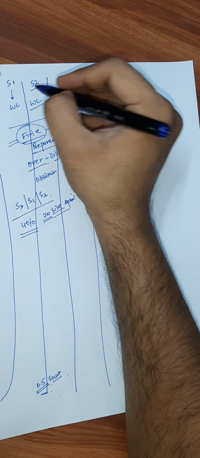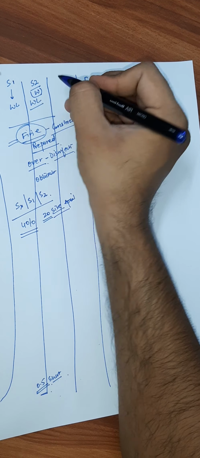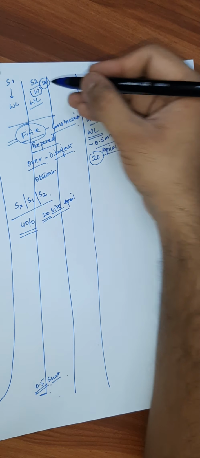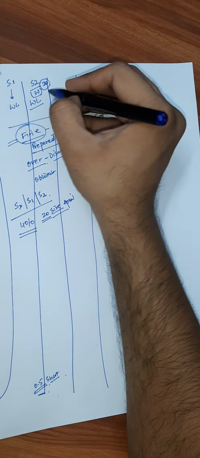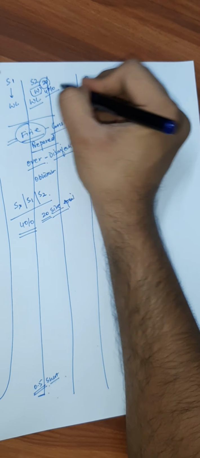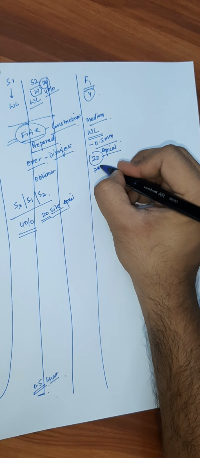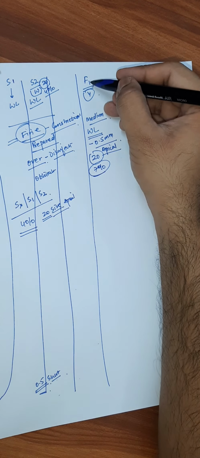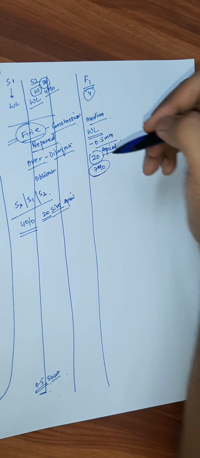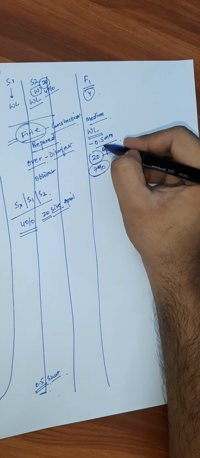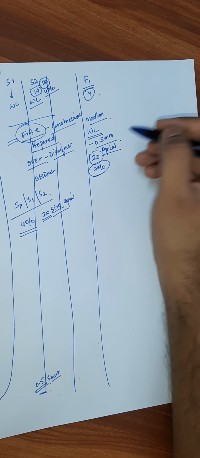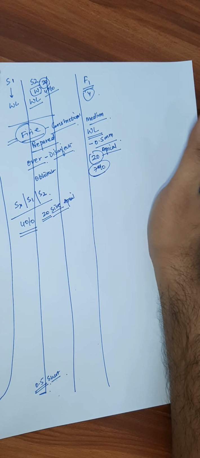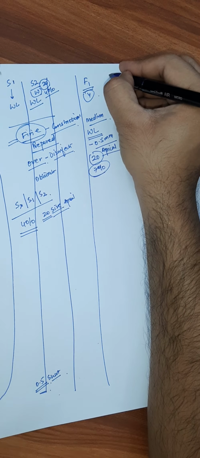S2 is white in color and it is also 20 apical size. This is the similarity, but both have different taper. This is a 4% taper and this is a 7% taper. So you have to make sure that your F1 reaches the full working length minus 0.5, just short of the apex. If your F1 is reaching, your case is finalized in most cases.